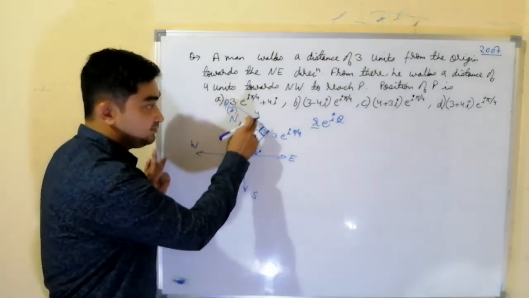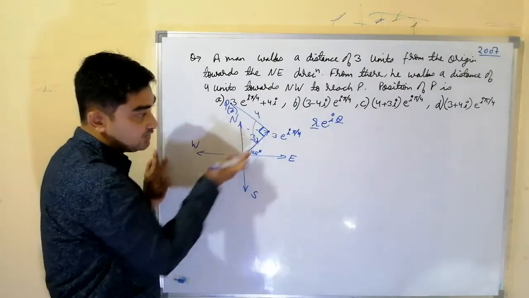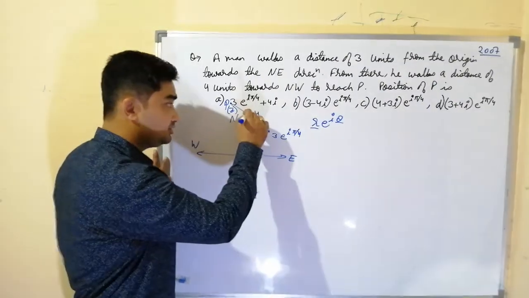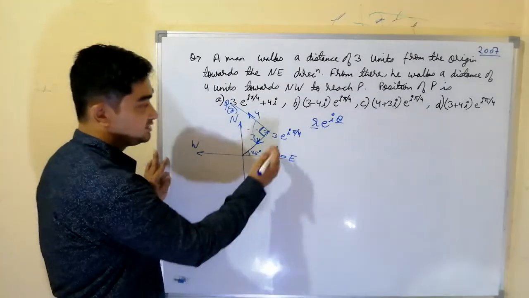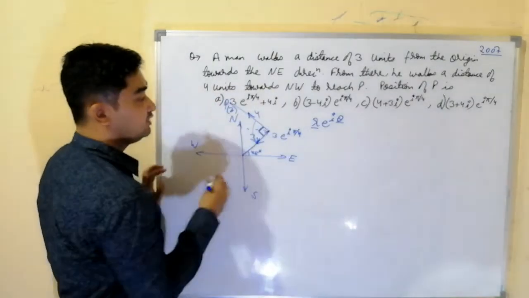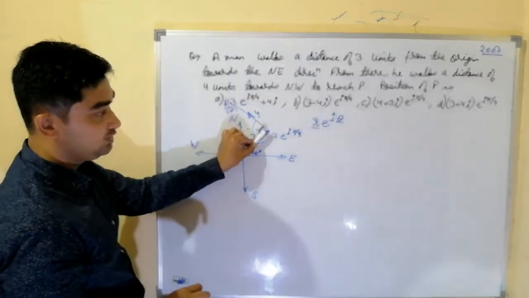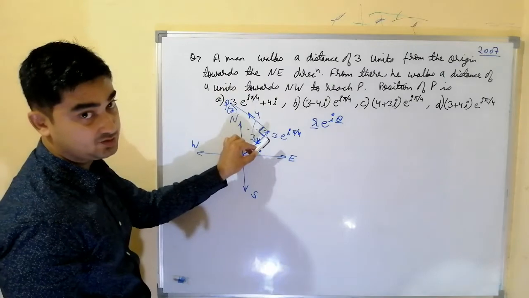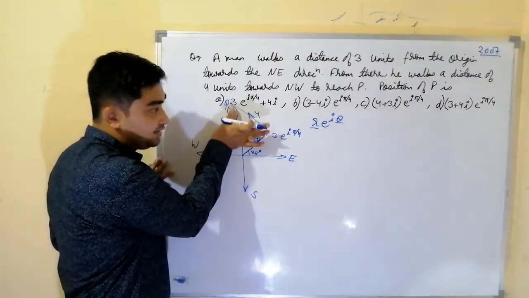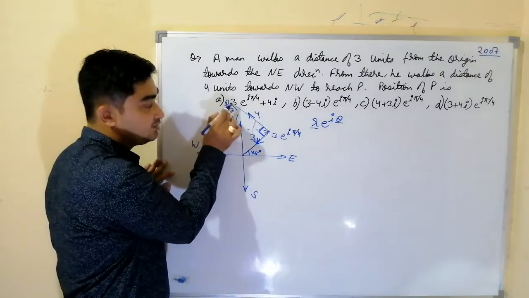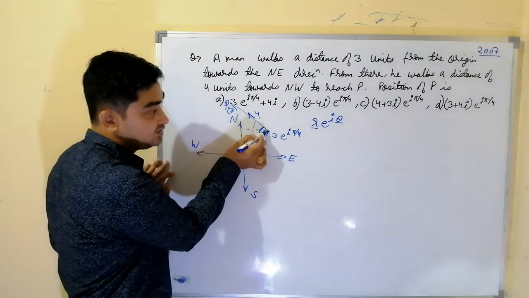Now, that means with this complex number, we'll multiply e power iota theta to get this direction. Right? So let us say one vector is this, another is this. One complex number is this, another is this. We'll rotate this one by an angle pi by 2 in the anti-clockwise direction. How to do this? What is this complex number? I told you any complex number is final minus initial. Any line is represented by final point minus initial point.